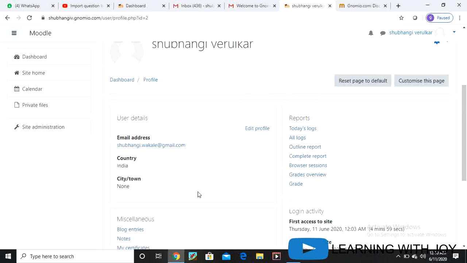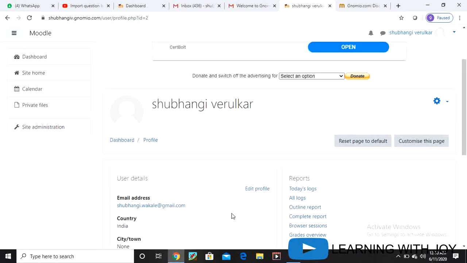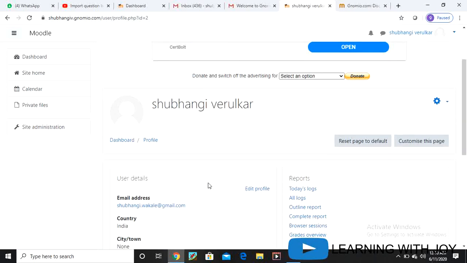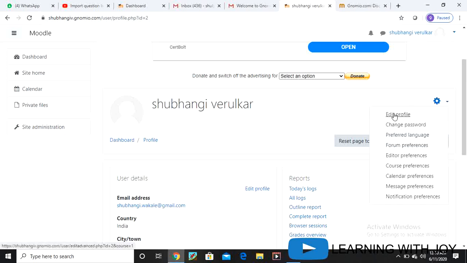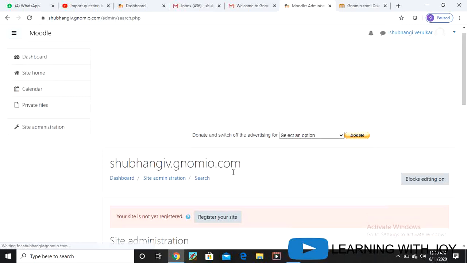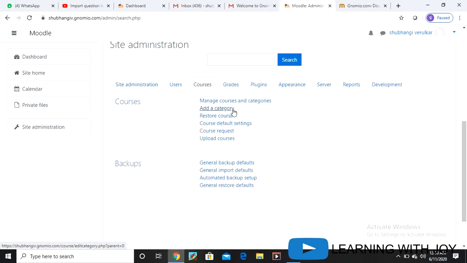Now what we want to do next, we have to create a course here. So to create a course, what we need to do first: site administration, manage our course, add category, course setting, course request, upload course.